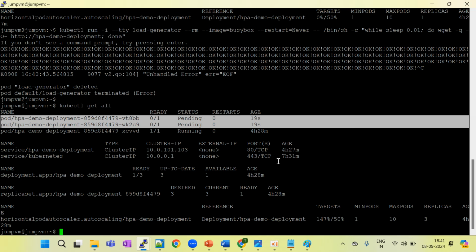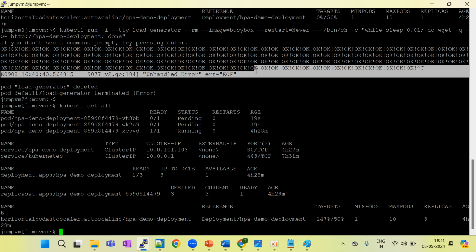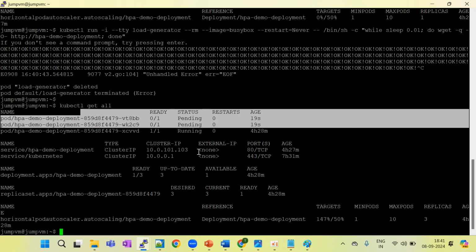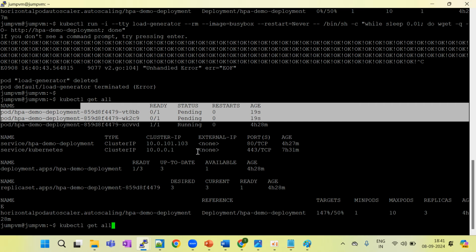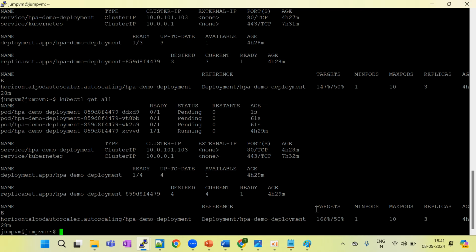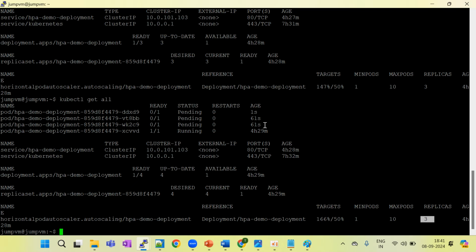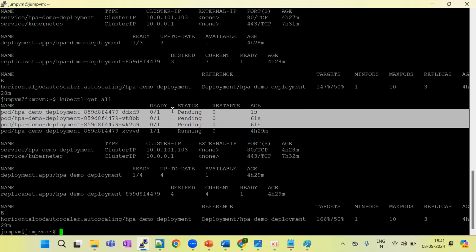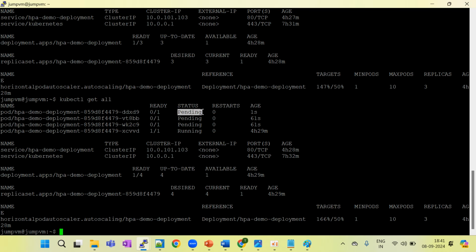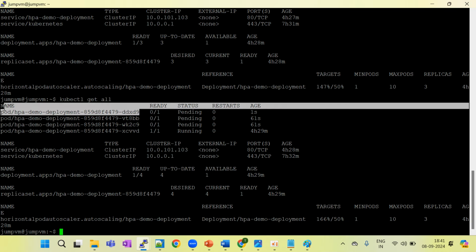After a few minutes you can see I have stopped the load. Now you can see this pod will be deleted automatically once the load becomes normal. Now you can see 166% load over this, and you can see the replica created. After 1 minute I will show you how they automatically delete this new pod. This is pending because we have a capacity issue over this cluster, and if you want to see, I will show you. So kubectl get pod,